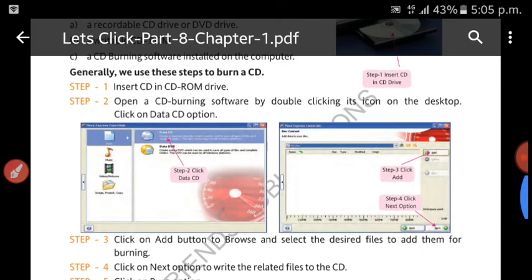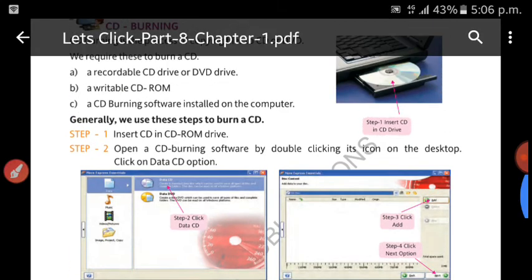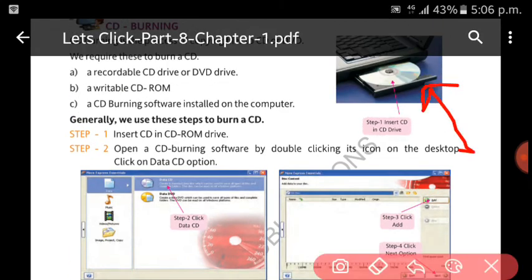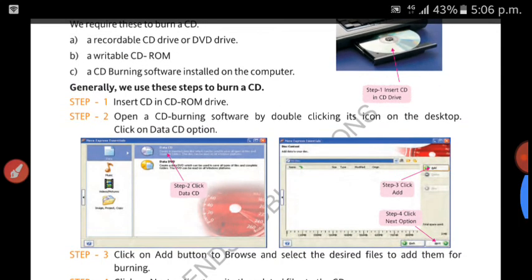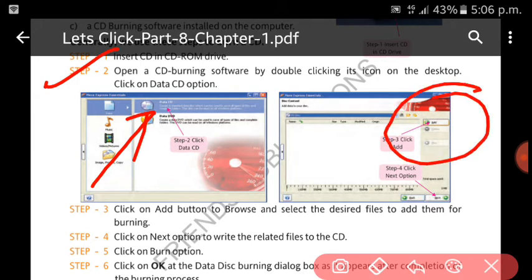First, we have to insert a CD into the CD-ROM, as shown after insertion. Next we have to open the CD burning software by double clicking its icon on the desktop. After that you have to click on the data CD option, you can see here, and then you will have to add the files which you would like to copy.